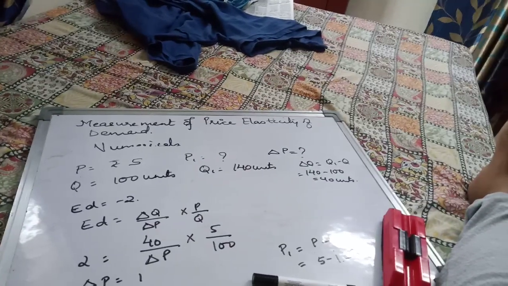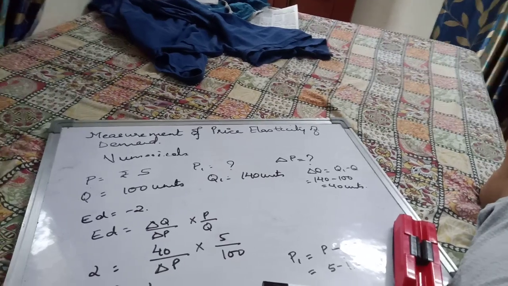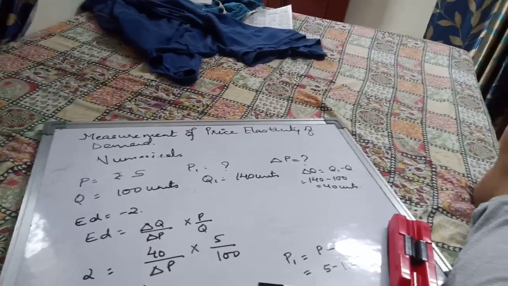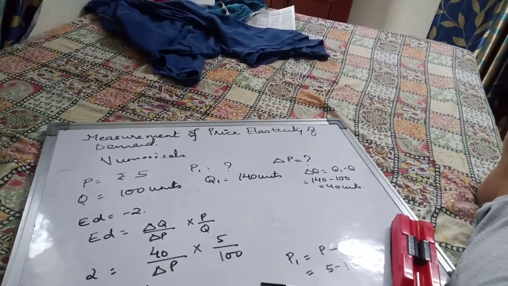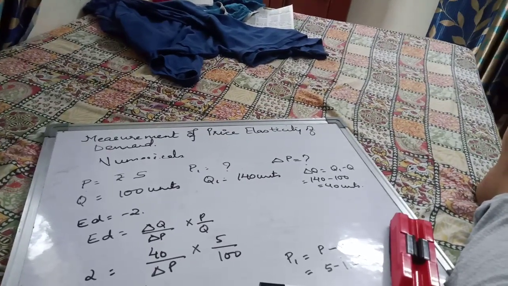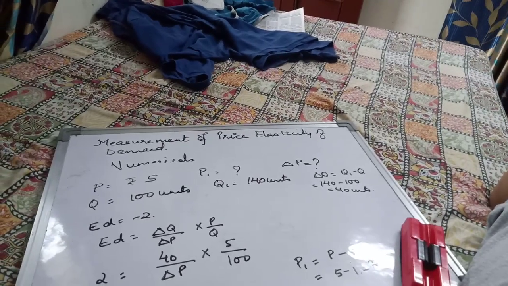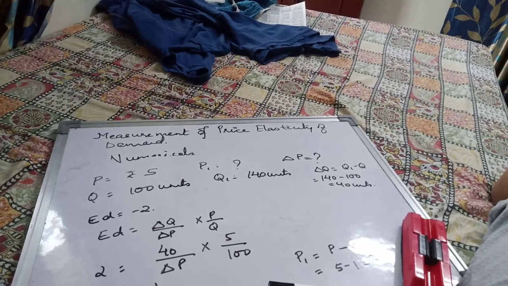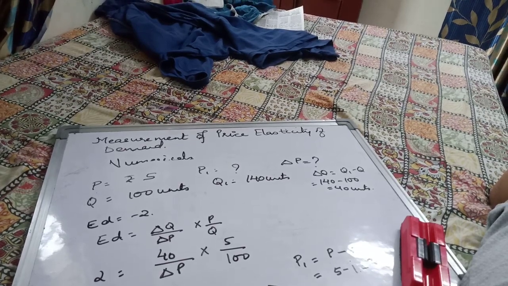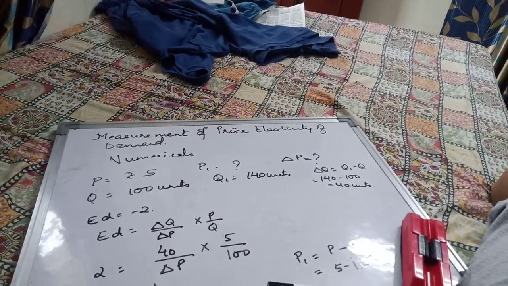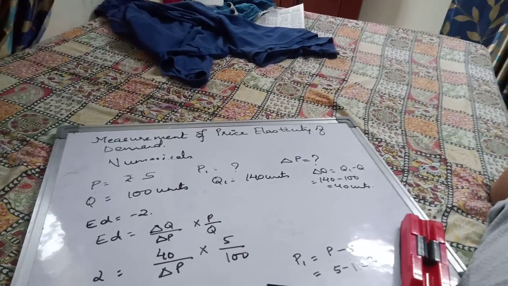Now there's another formula for elasticity of demand: percentage change in quantity demanded divided by percentage change in price. Okay, so you would use that particular formula here and calculate the elasticities of X and Y respectively. And when you finally calculate, the elasticity of X is coming out to be 2 and elasticity of Y is coming out to be 3. Okay.